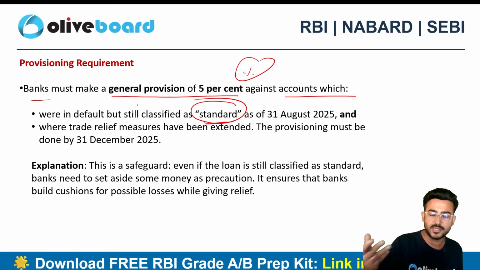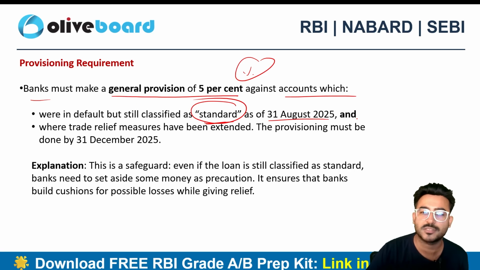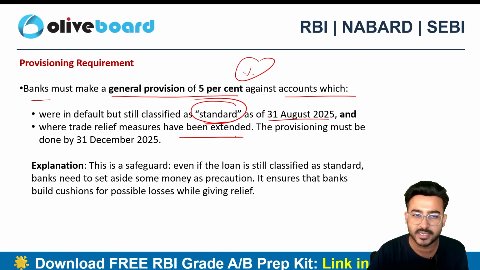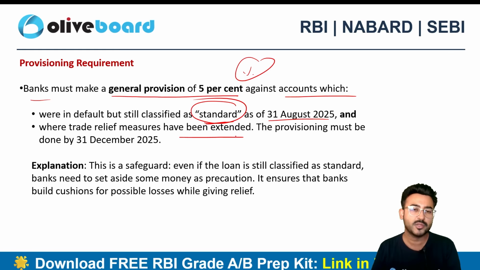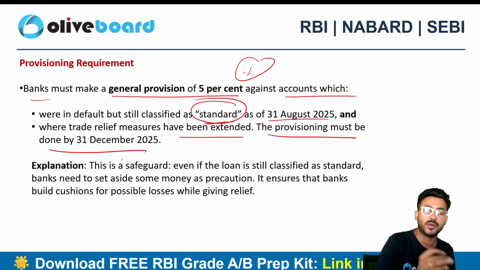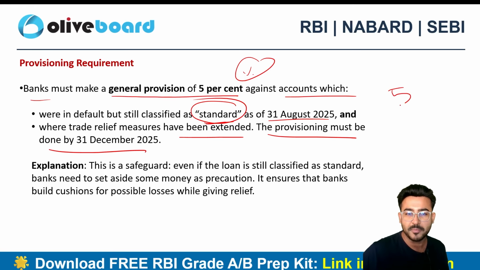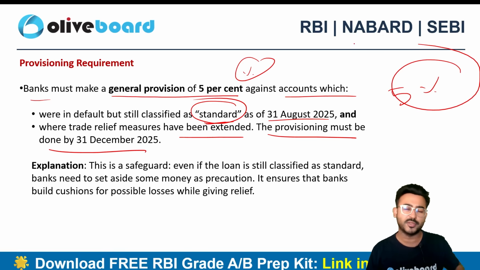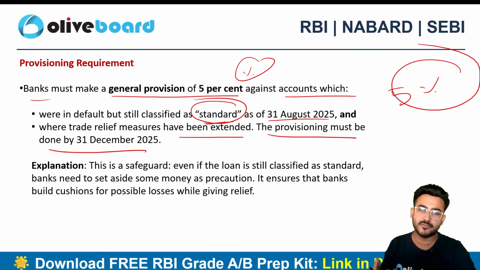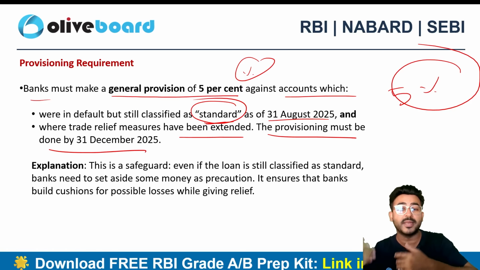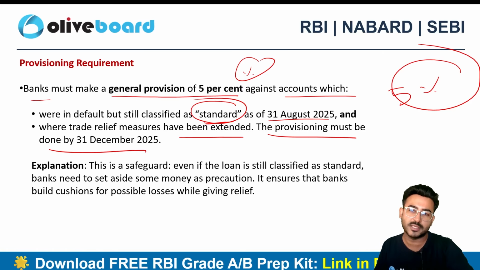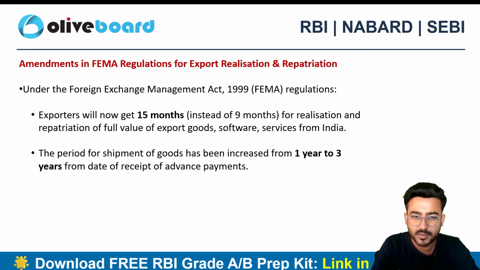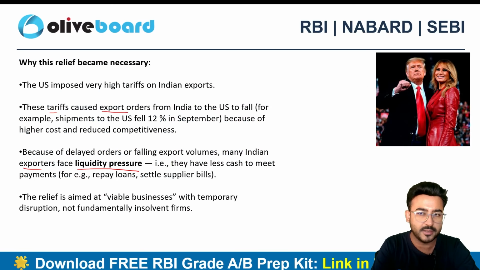तो अगर आपने अकाउंट को स्टैंडर्ड क्लासिफाई कर दिया बैंक ने, द बैंक हैज क्लासिफाइड द अकाउंट एज स्टैंडर्ड as of 31st August 2025 and where the trade relief measures have been extended, जहाँ पे trade relief measures extend किए, तो यहाँ पे आपकी प्रोविजनिंग हो जानी चाहिए, और प्रोविजनिंग कब तक हो जानी चाहिए? बाय 31st December 2025 तक यू नीड टू मेक अ 5% प्रोविजन हियर। नाउ दिस इज नथिंग बट दिस इज डन जस्ट टू सेफगार्ड द इंटरेस्ट ऑफ द बैंक एज वेल, राइट, क्योंकि हम उनको स्टैंडर्ड असेट में रख रहे हैं, सब स्टैंडर्ड में नहीं लेके जा रहे हैं, सो यहाँ पे एड ऑन प्रोविजन की रिक्वायरमेंट डाल दी, दैट इज फॉर द 5%, राइट।